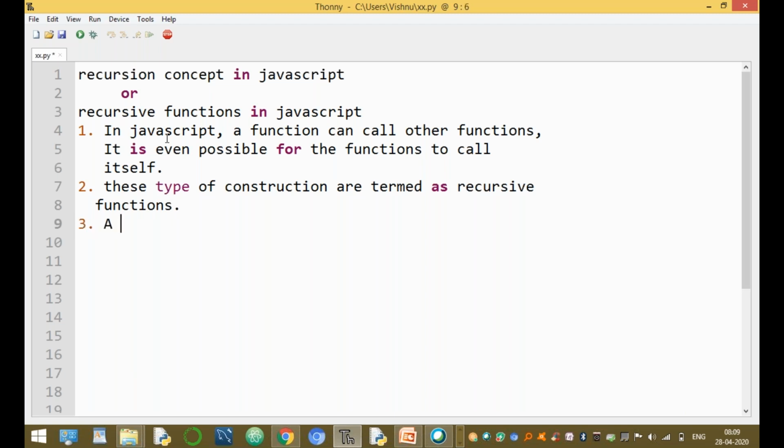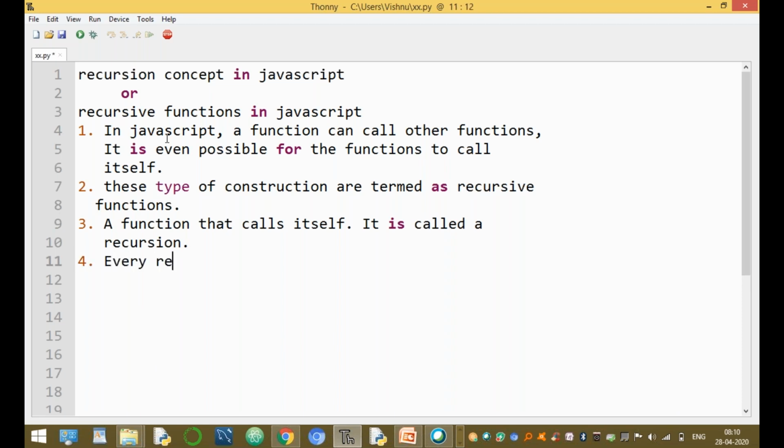Now the next one: a function that calls itself is called a recursion. Every recursive function should have a termination condition.